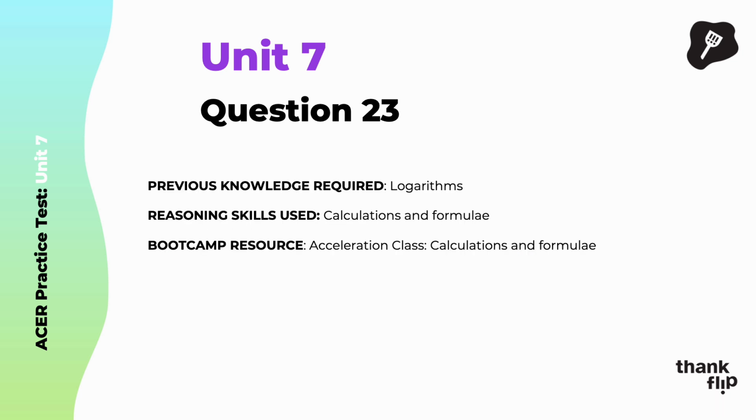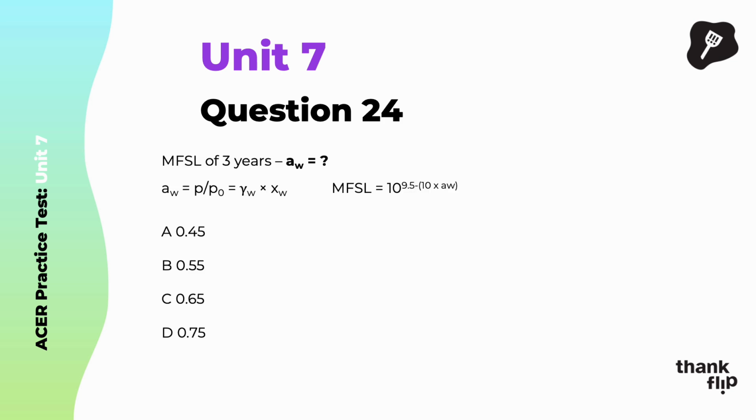So for this question, same as before, you needed to know a little bit about logarithms, and it's the same reasoning skills and bootcamp resources as the previous question. So in question 24, we're being asked to find the AW if we have an MFSL of 3 years, okay? So MFSL is measured in days, and we're given this information, so we need to convert this 3 years into days. So we have 365 days in a year, and we'll multiply that by 3, and we get 1,095. So 1,095 is our MFSL, and this equals 10 to the power of 9.5 minus